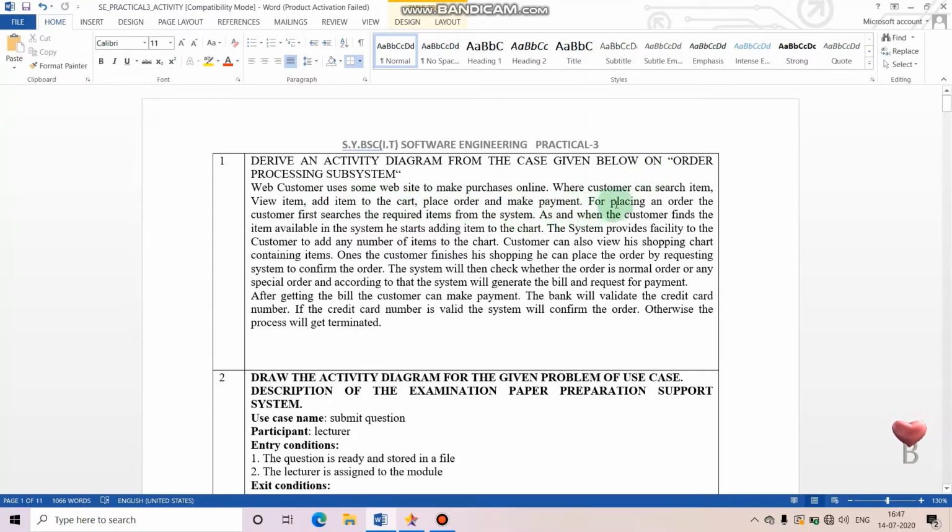For placing an order, the customer first searches the required items from the system. As and when the customer finds the item available in the system, he starts adding the item to the cart. The system provides facility to the customer to add any number of items to the cart. Here it should be cart, not chart. Okay, so the customer can also view his shopping cart